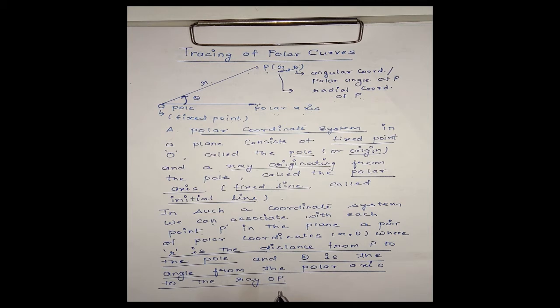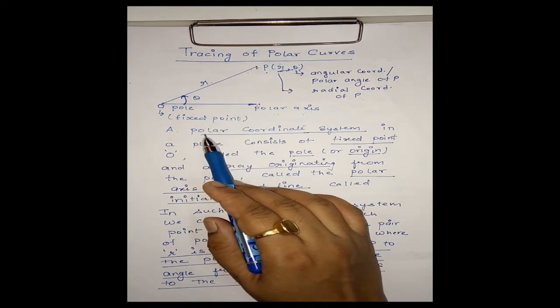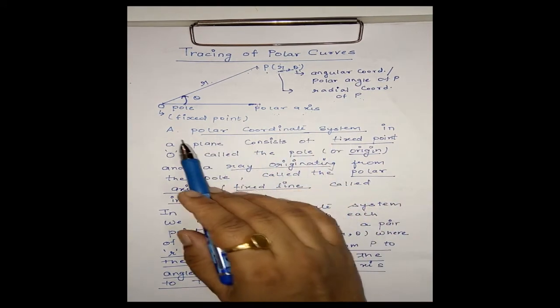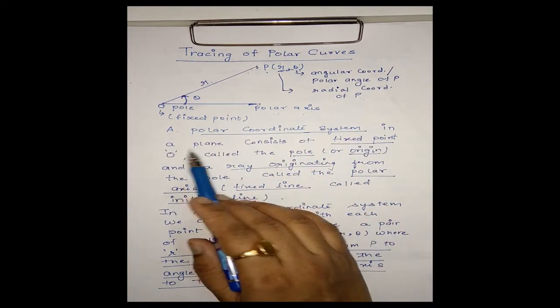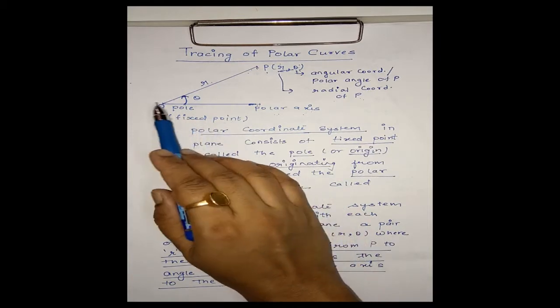Hello friends, in this video I am going to discuss the concept of curve tracing when equation of curves are given in polar form. Now before coming to the concept of tracing of polar curves, let us first understand polar coordinate system. A polar coordinate system in a plane consists of a fixed point O called the pole or the origin